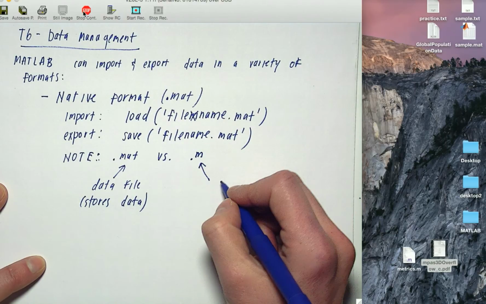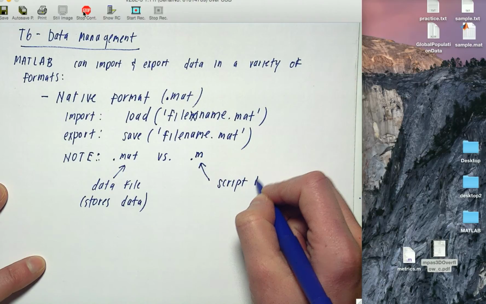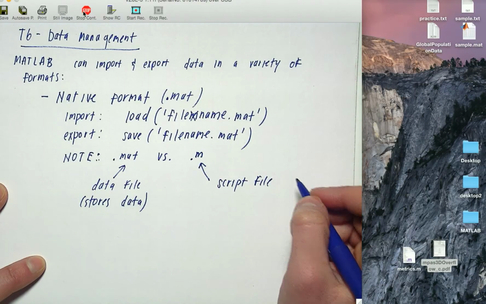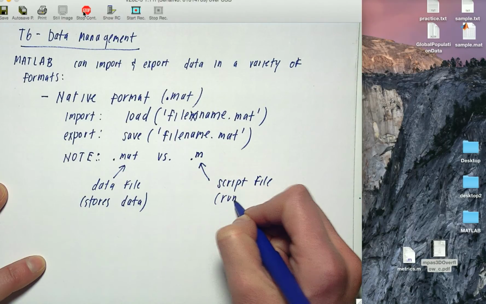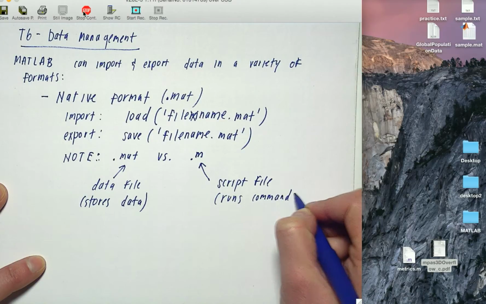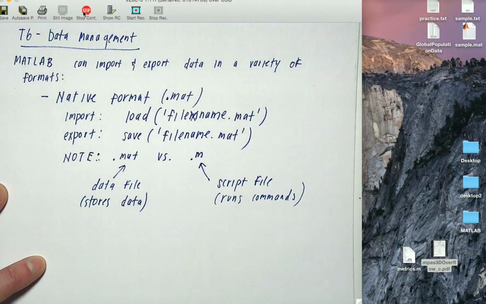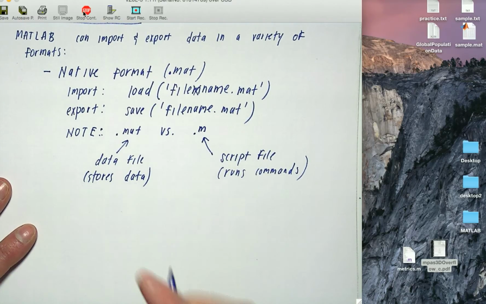Where an M file is a script file, and as you now know, it can also be a function file if it has a function declaration line. And this type of file runs commands or runs code. Okay,